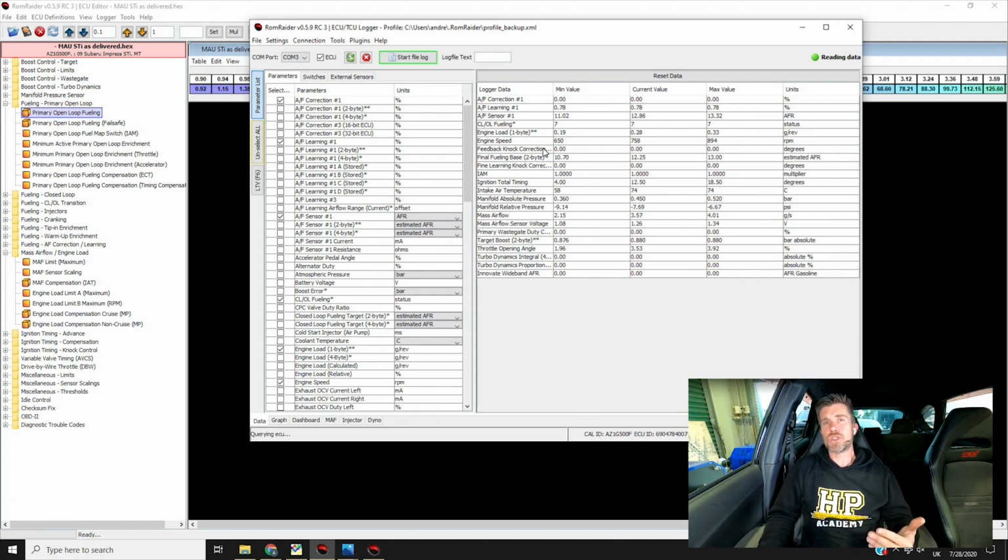Our ignition control is one of the other two key ones that we need to consider here. And here Subaru gets a little bit complex, because instead of just having an ignition table, or maybe a high octane and a low octane ignition table, they decided to do things their own way. So in terms of the ignition tuning, we have basically a base ignition table, then we have an advanced table, which is how much more ignition timing the ECU can put in based on feedback from the knock control strategy.